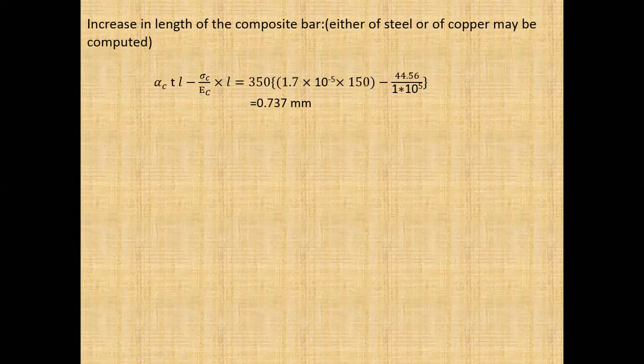Or if it is steel without copper, only a steel bar, obviously it would be lesser than this 0.737. So as it is a composite bar comprising steel and copper, it is coming to 0.737, the increment in the length of that composite bar. This is the second